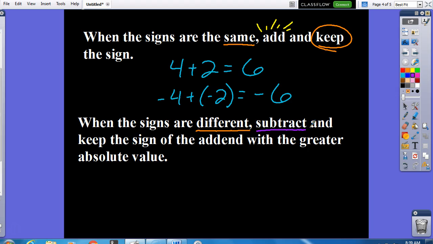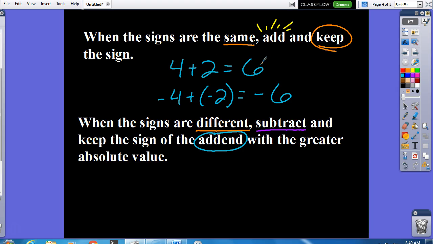We subtract. Here's where it gets just a little tricky, but it's not so bad. After we subtract, we keep the sign of the addend. Oh, well, what's an addend, Mr. Millwood? An addend is just a thing that you're adding in a math problem. The 4 and the 2 are the two addends in this problem,